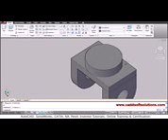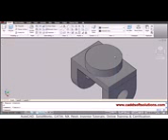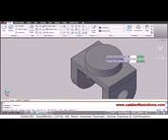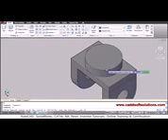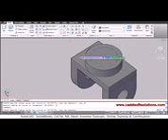So again the internal hole is there. It is of 60. So I will need a circle of 60 diameter. So again a circle at the center of this circle. It is not showing the center, so I will just shift right click, center. So the center of this circle is highlighting. Just click on that and give the radius of 30. Just say enter. So a 30 radius circle is drawn.